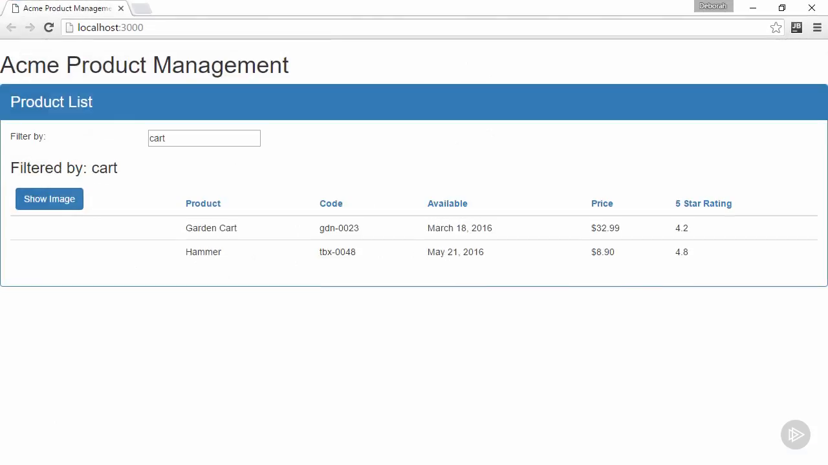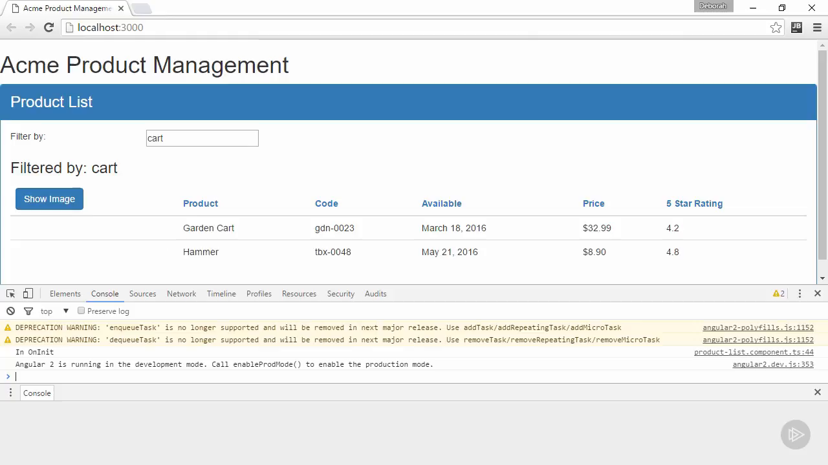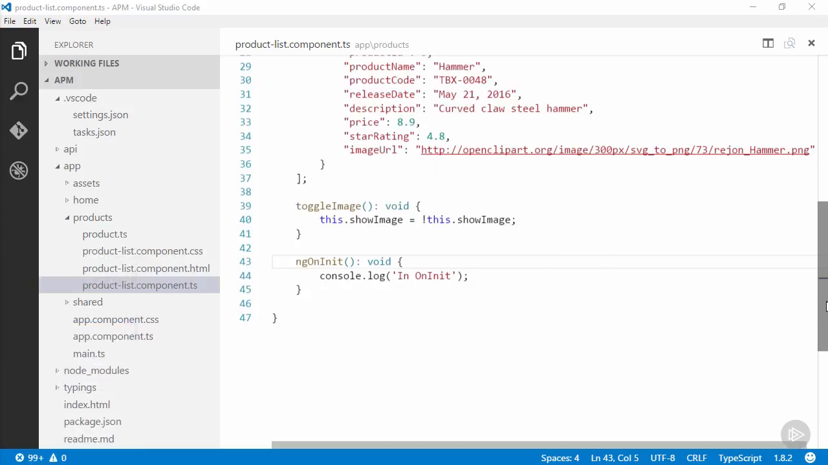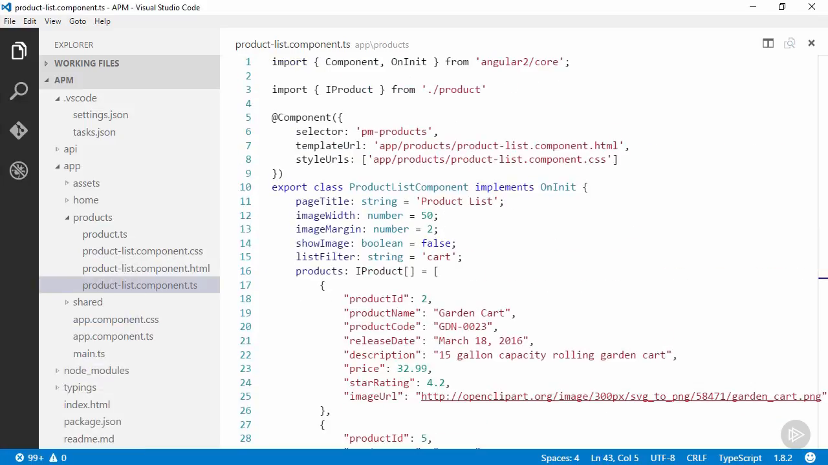We can view the application in the browser and use the F12 developer tools to open the console and view the logged message. We can see our message here. We'll use ngOnInit later in this course. Up next, we'll build a custom pipe